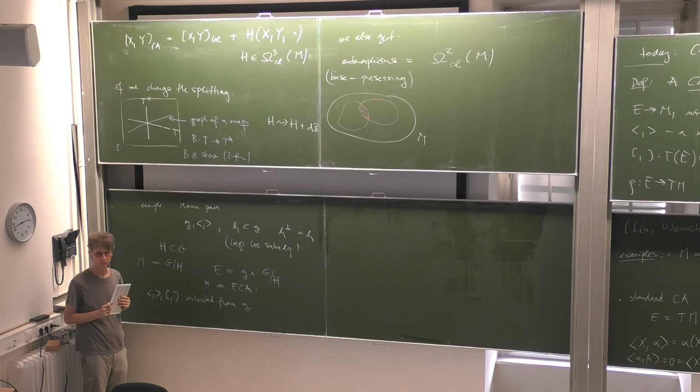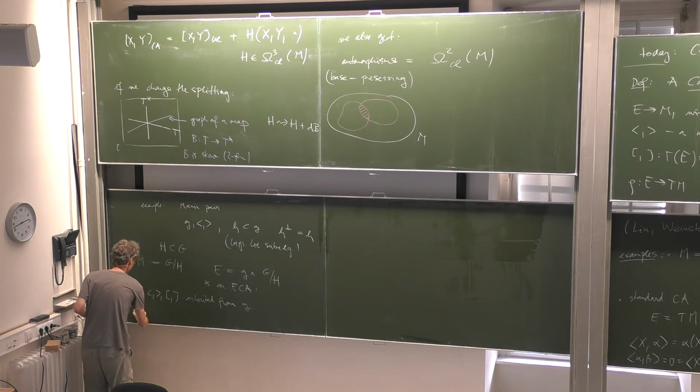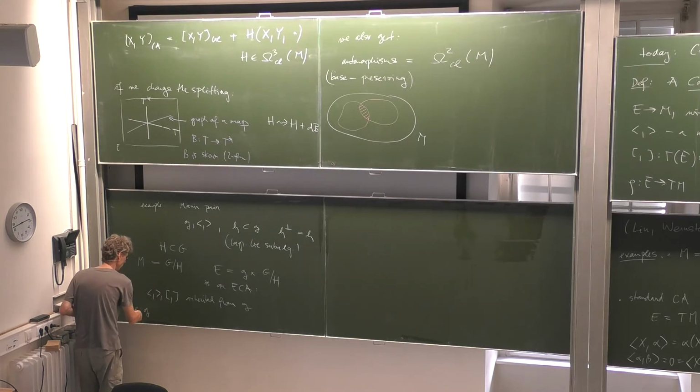But then there is the anchor map, which contains a little bit more information. The anchor map is enough to define by how it acts on constant things. So it's a map going from